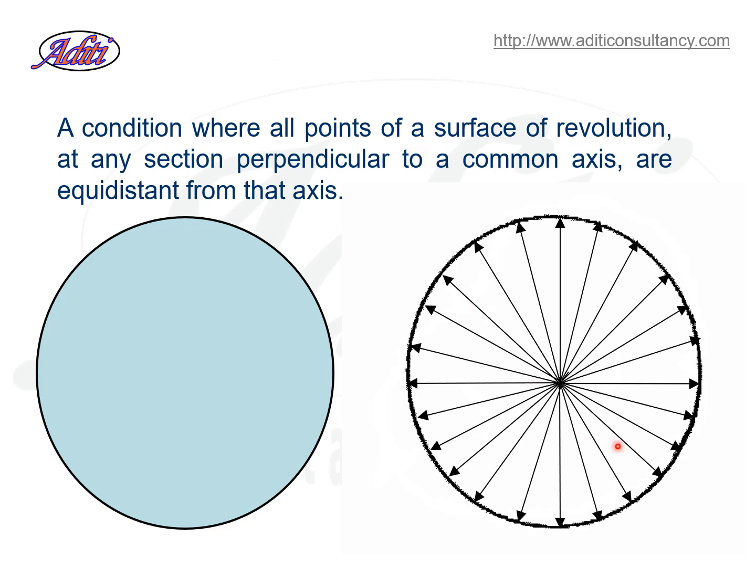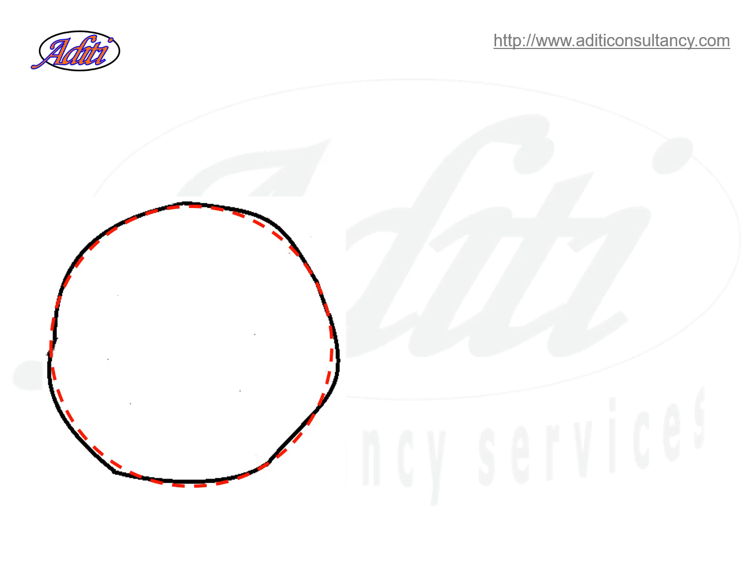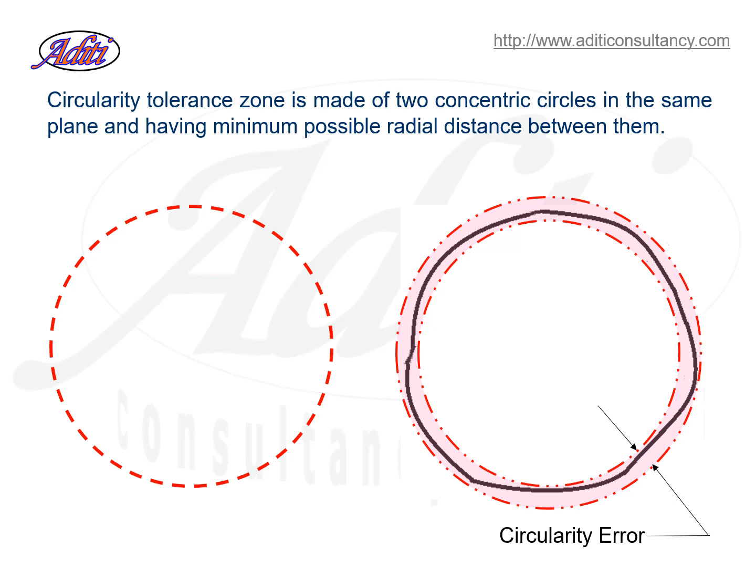But in a physically produced part, this will not be the case. First of all, this center is an imaginary point that you cannot derive for an irregular part, and you can't draw a radii like this to check the circularity. So how do you check circularity? If this is the profile you are looking at as far as a surface is concerned. Now if this is the actual part surface, what I do is I enclose this surface profile between two concentric circles and measure the radial distance between these two circles. Now that is circularity error.